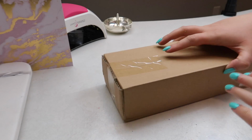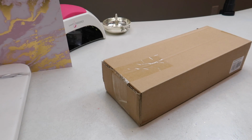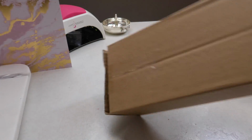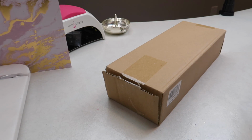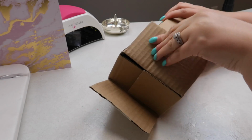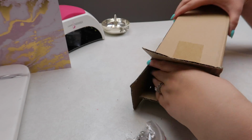One thing I actually forgot to share in my clear jelly video is this stand. So this is one of those polish racks. I have a couple of these in my nail studio. One of them holds my Apres alcohol inks. Another one holds my Jelly Fit gel polishes. And I wanted another one